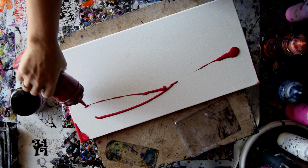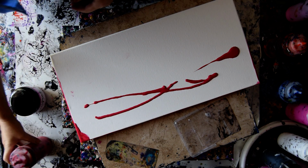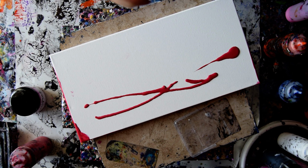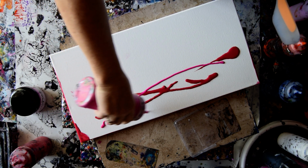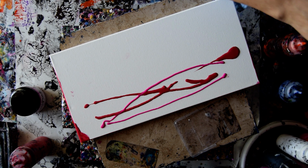I'm just going to give myself as much red as will come out of the bottle to start with, and add the other colors that I like. I have some Hot Orchid from Color Art with other pouring mediums than my normal in there. I have some,